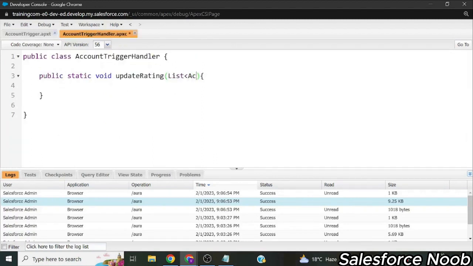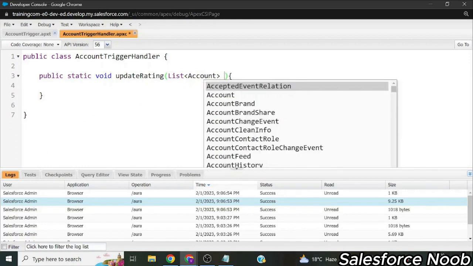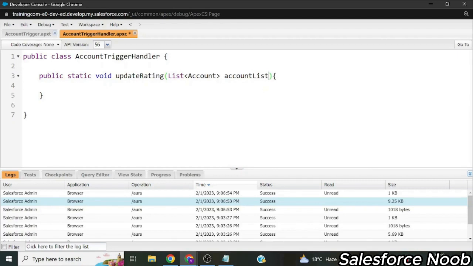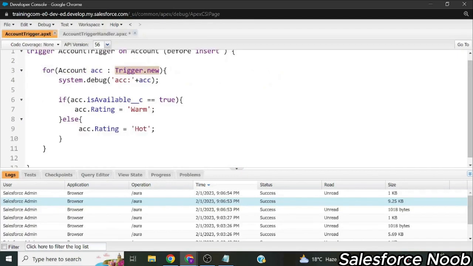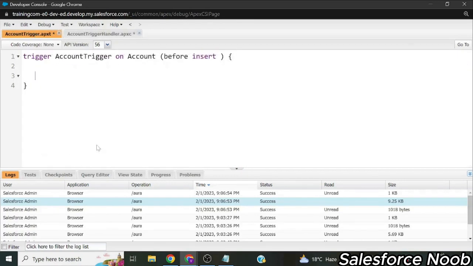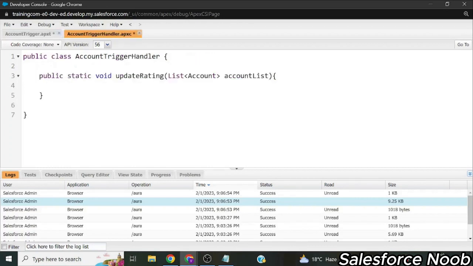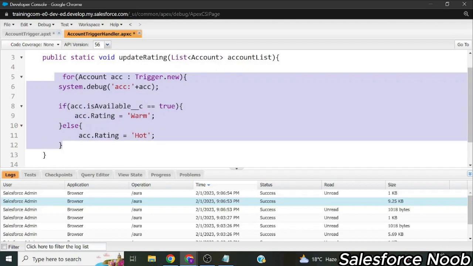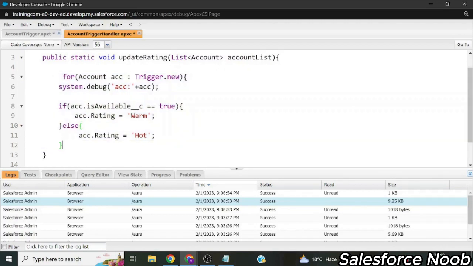So that will be a list of account, right? So let's make it a list of account and give this list a name. Let's call it account list. Now I will remove everything from here and put it here, and apart from that,